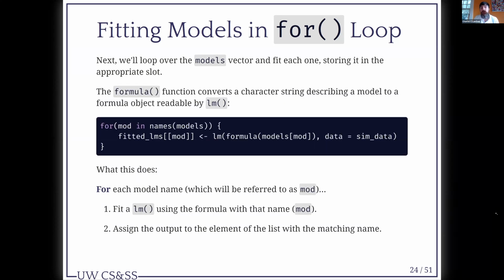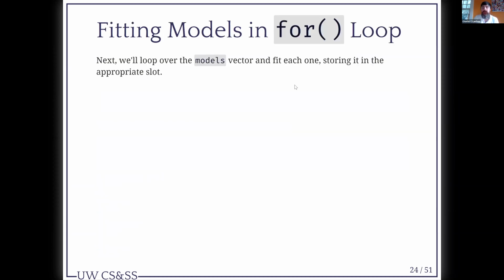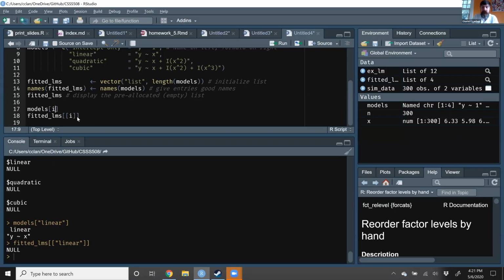Okay. So first thing we want to do here is, the models object contains these formulas that look like this. We want to make sure R recognizes those not as text, but as an actual formula. We're going to need to use the formula function in R that will make sure to convert that character string to a model. In some situations, you can just give R the raw text quoted like that, but in lm, it usually doesn't like it. Instead, we need to have it convert it to a formula, okay? So to give you an idea of the difference, we see here if I do models linear, you see how it's quoted like that? If I run,